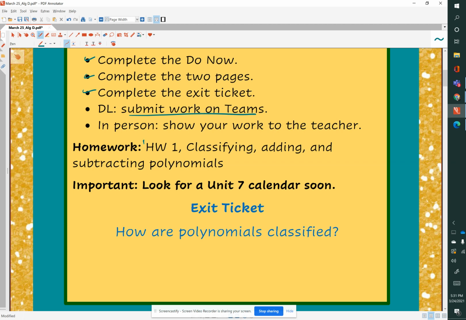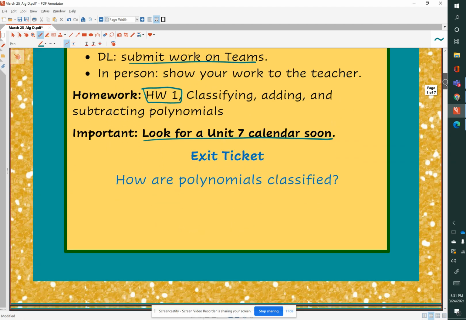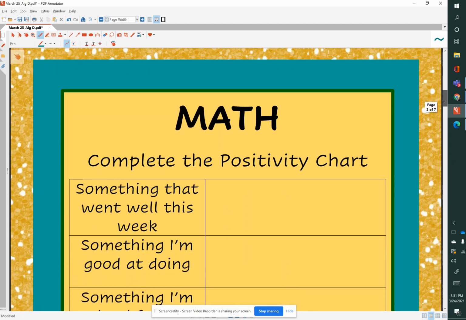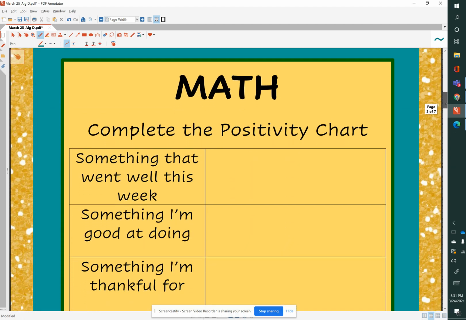For homework, we have homework 1, classifying, adding, and subtracting polynomials. And look for the Unit 7 calendar. It's actually finished, and you should find it labeled as Unit 7 calendar in the same place that you found this assignment. So we'll come back to the exit ticket in a few minutes, but for now,